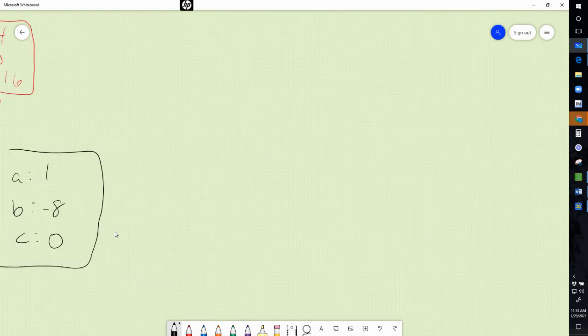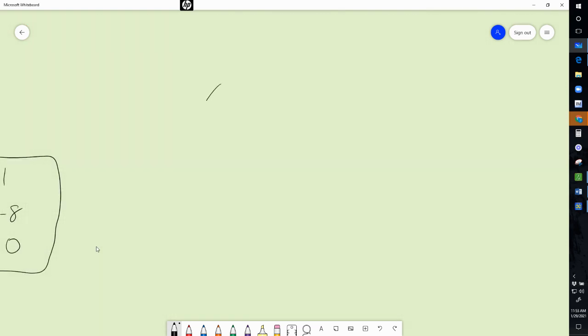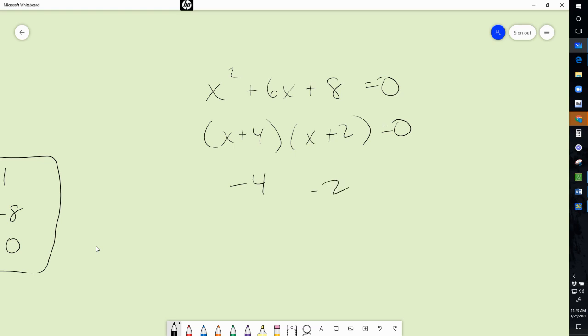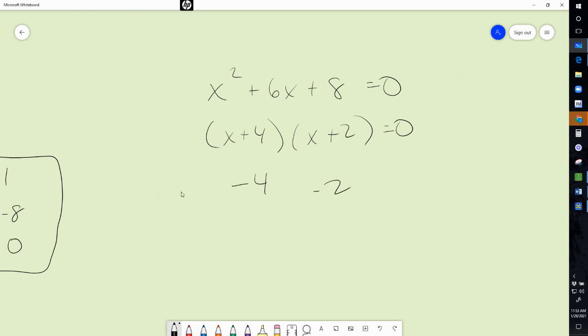So for example, factoring just means if you can find what multiplies to get your c value and adds to get your b value, then you can put it in factored form. For example, x plus 4, x plus 2. And then my answers are -4, -2. So a bunch of different methods is letting you choose. I expect you to do